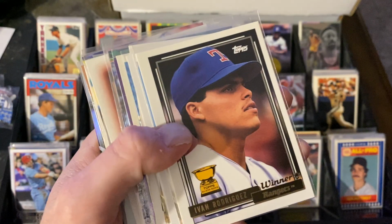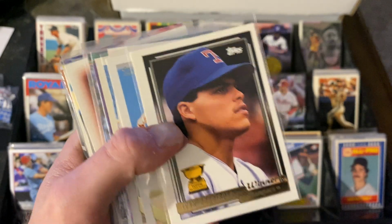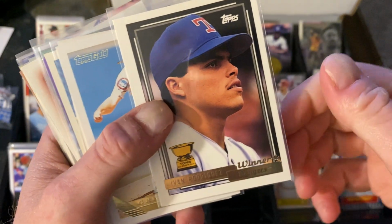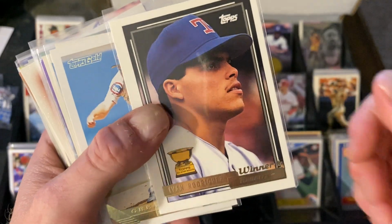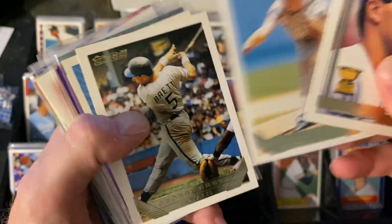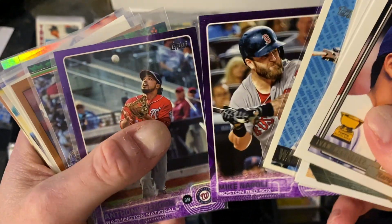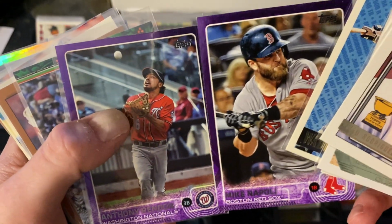These are like Topps Gold, Electric Diamond, things like that. So I found some good ones of these. The winner, which was a regular, but the winner I won't argue. It's Ivan Rodriguez with the Topps Gold All-Star Rookie Cup Gold. There's Maddux and Brett Topps Gold. There's Boggs Topps Gold. And then these, I think, are Toys R Us purple variations from this year,